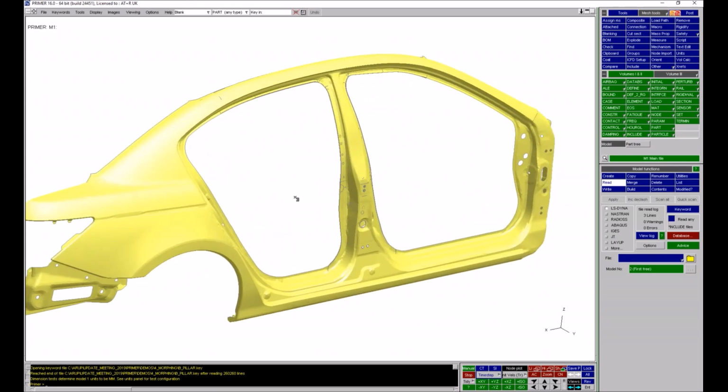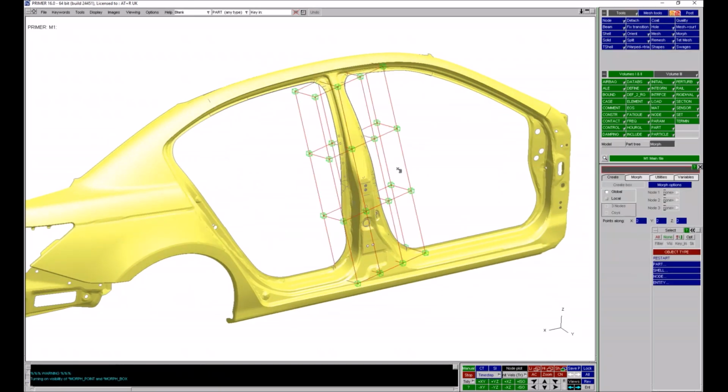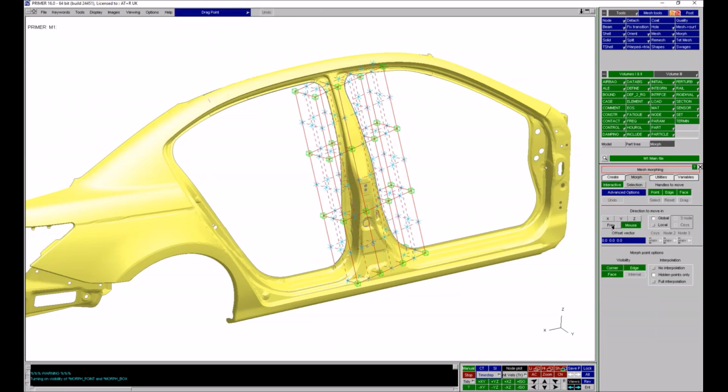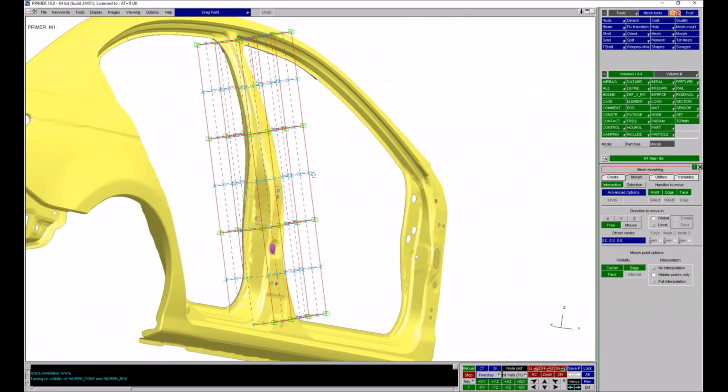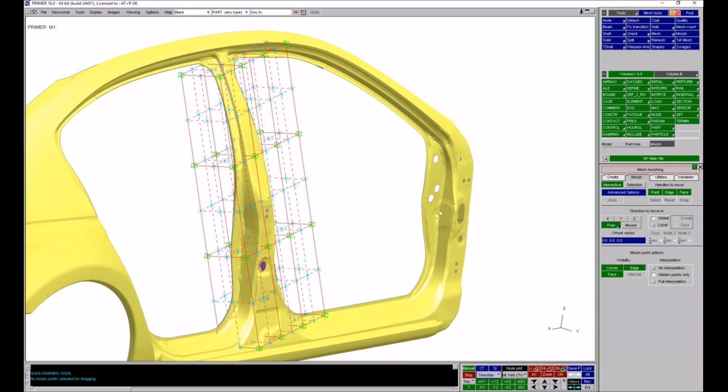I've got a side panel from a vehicle with a B-pillar in there. If I go again to morph, I've already got a morph box set up in this model. A higher order morph box, so I've got a few control points in these 2 directions. I've got 4 in this direction, 4 in this direction, just 1 in this direction. If I